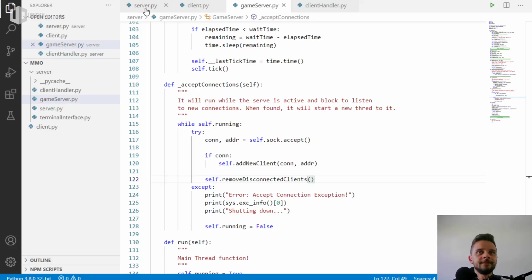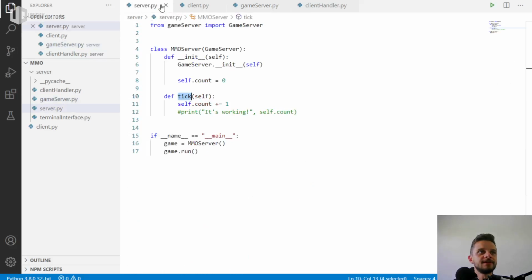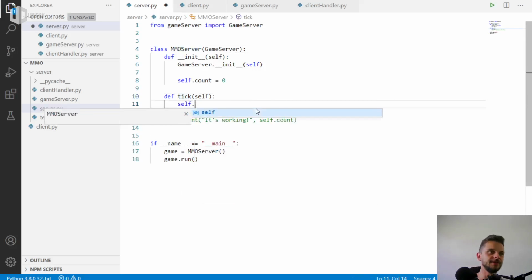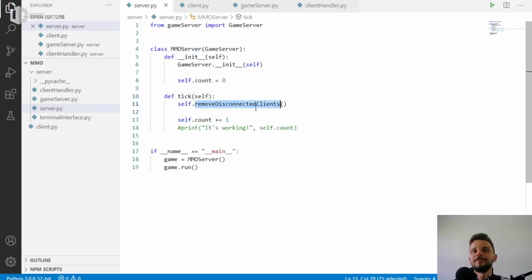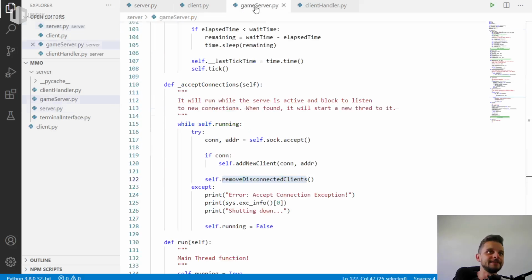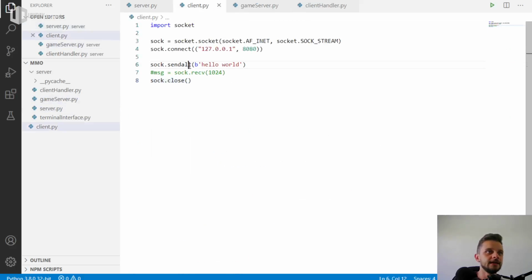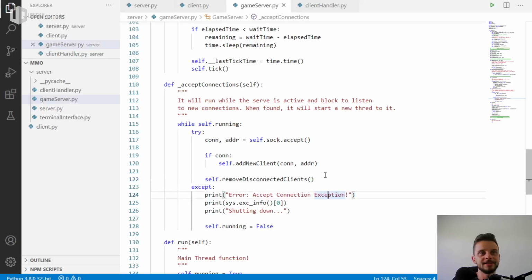And the last thing that I'm gonna do here is to grab the server. Where's the server? Here we go. And inside the MMO server, I'm gonna check inside the tick for the remove disconnected clients as well. So every time the server ticks, it's gonna figure out if there's a new disconnection, and if so, it's gonna disconnect the client as well. Okay, actually it's gonna remove it because it's already disconnected. Simple like that. So now if we run the server again,